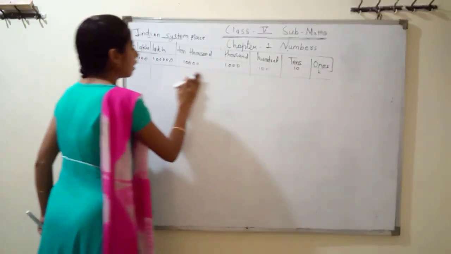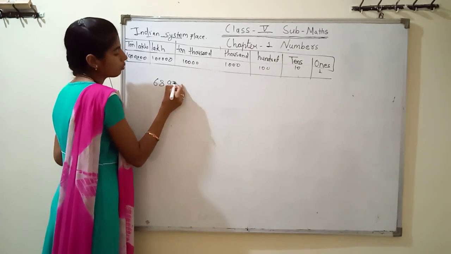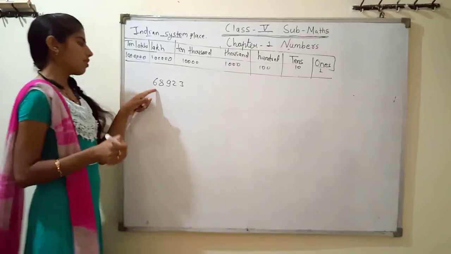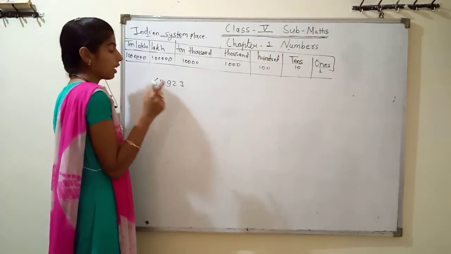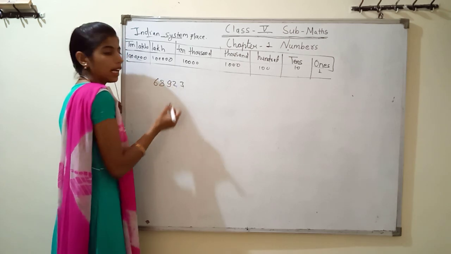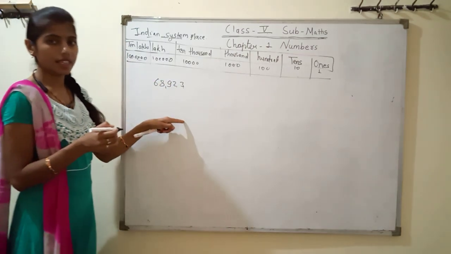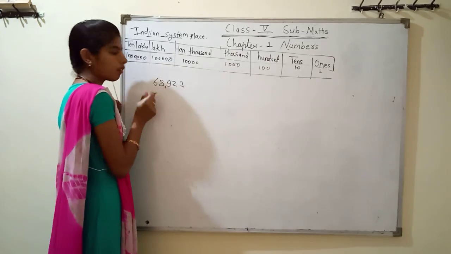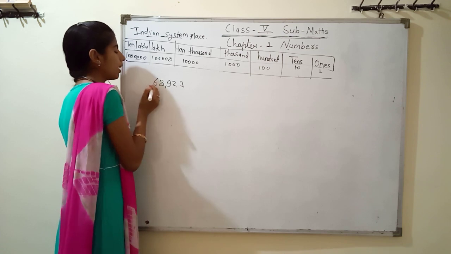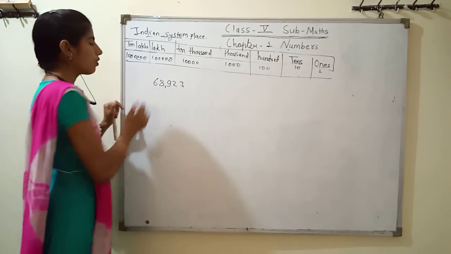If you see here, I will pick a number. If I write here 68923, then how do we read? First we write a comma here. Look here, the comma is very important. Then ones value, 10 value and 100 value. We put the comma according to our Indian system. Then next after the 100, our next is here. But there are no other numbers after the 6, so we don't put a comma. Now we have read it.